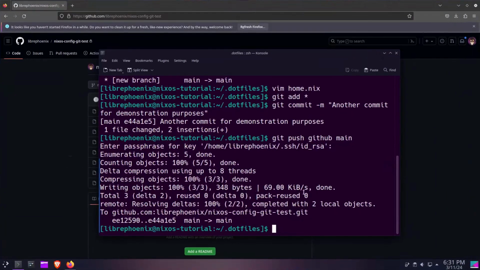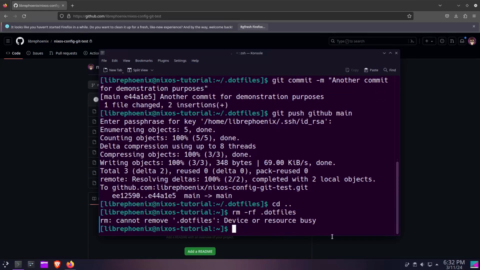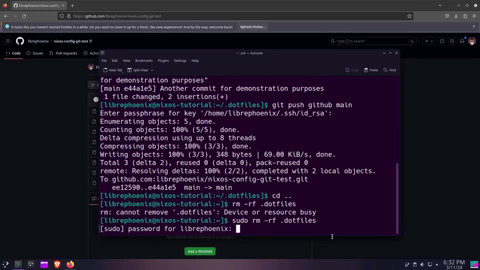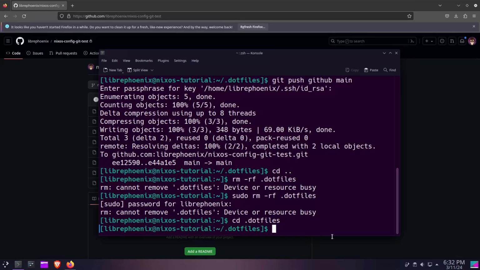One thing that you may want to be aware of is how do you restore the Git repo to a new system if something happens to your system. So, for example, if I go here and I just nuke my .files directory, let's see here, sudo. Okay, I think I'm, oh yeah, I have this mounted externally, so it's gonna complain. What if I just nuke everything in here? Sudo rm